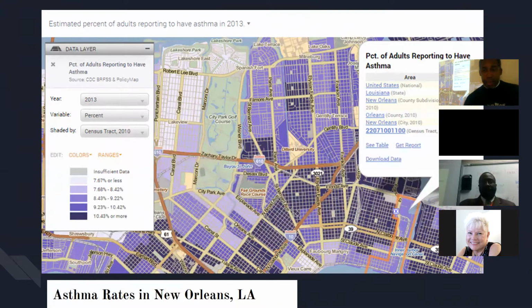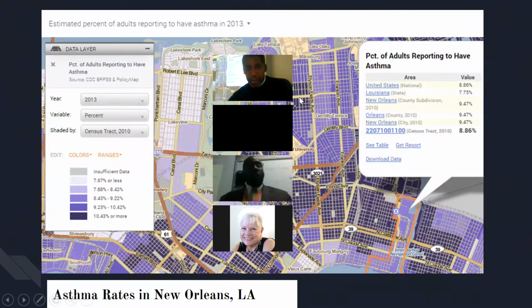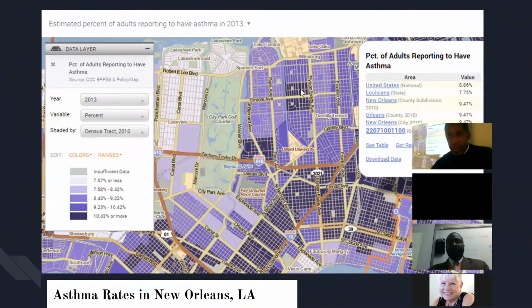And as you can see, if you look at the color ramp, much of the Lower Ninth Ward has an asthma rate that is higher than that of the US average, and certainly higher than the New Orleans average. It's not significantly higher, but that's what's really powerful about PolicyMap,